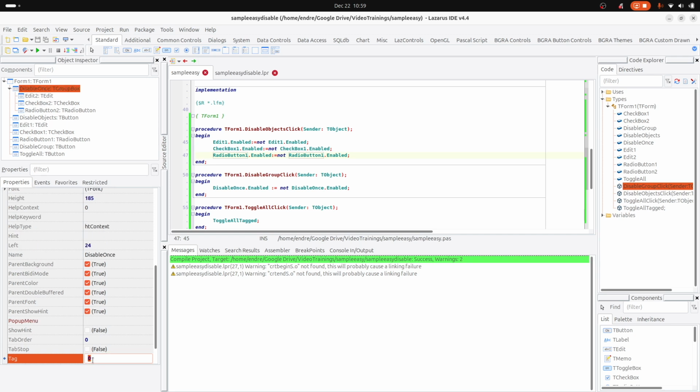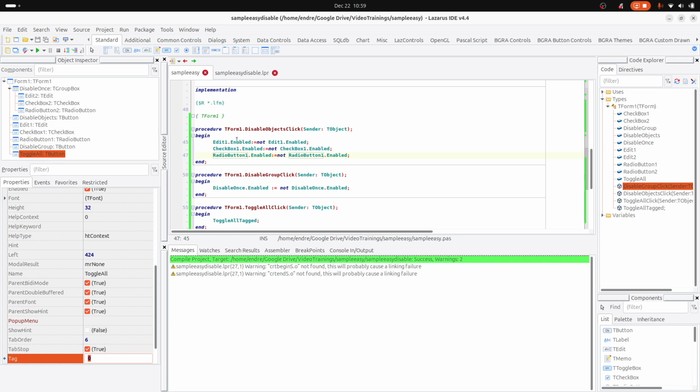The group itself is tag number 0, so this is why you have seen that when I was clicking on the button which is toggling all the tagged items, then tagged classes, then the group box was not affected by this button function. Then also here on one button I put the tag 1, and all the other 3 objects here had also tag 1. The group box or the group button and the toggle button was tag 0, so these were not affected by